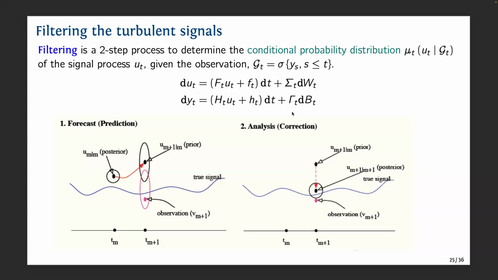And the idea in filtering is that we have another process Y, which is the observation, and it depends on the signal process U. So we have data here, but of course the data is first not perfect. It involves different types of noise, and also the data is partial. That is, given Y, finding U is an undetermined problem, so it is still given by a probability distribution. And then we do Bayesian inference for these two distributions, and it can give you a posterior estimate, which can reduce both the forecast error and the observation error.